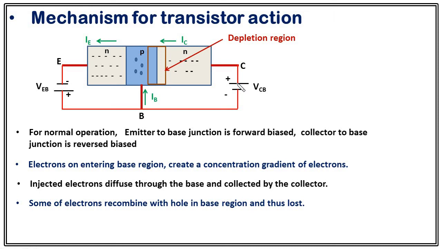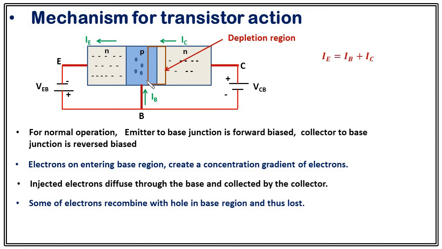Okay, so we will have a base current also, and the direction of base current is given by this. It will be towards the transistor. This is the mechanism of how current flows in a transistor. This is an NPN transistor. Instead of NPN, if you choose PNP, then all the directions of current will be opposite.